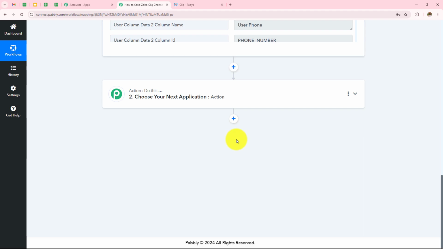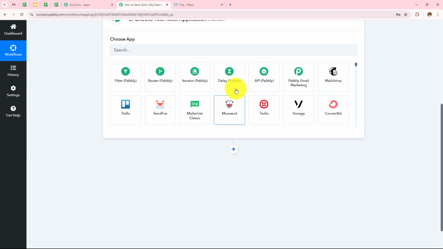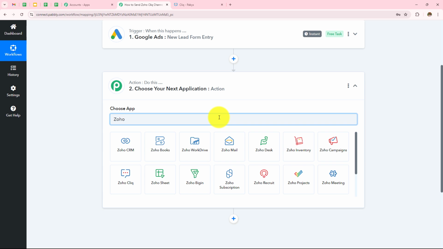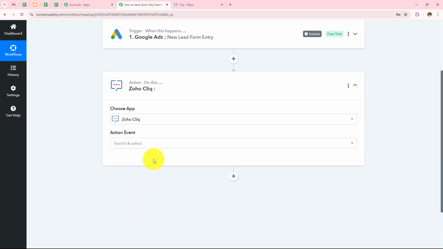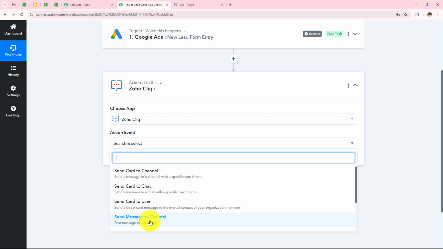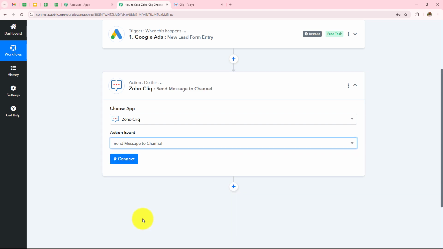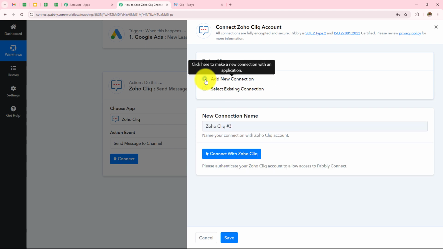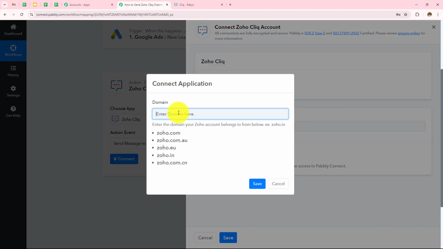And now I need to move to my next step, which is the action step. As soon as I receive leads from Google Ads, I want to send a channel message in Zoho Cliq. So here my action application will be Zoho Cliq, and then my action event will be send message to channel. Now I have to click on connect. If you have an existing connection, you can simply go with save, but if you don't have one, click on add new connection, connect with Zoho Cliq,